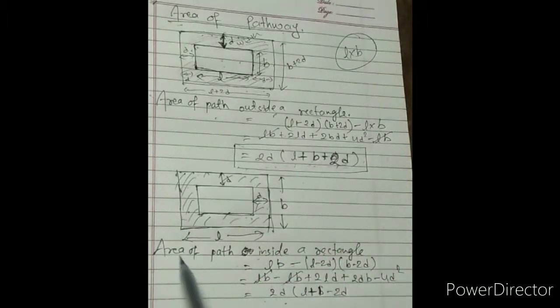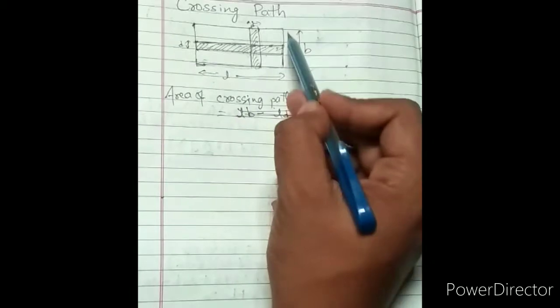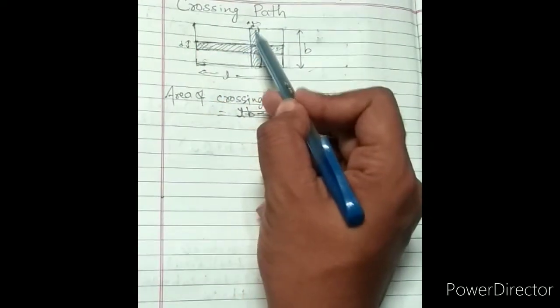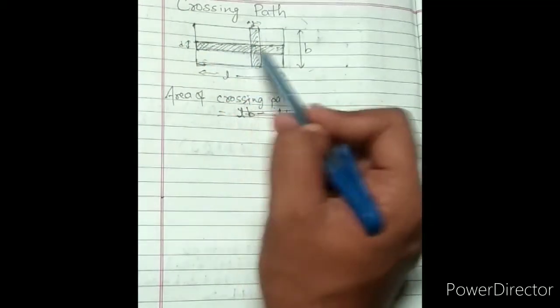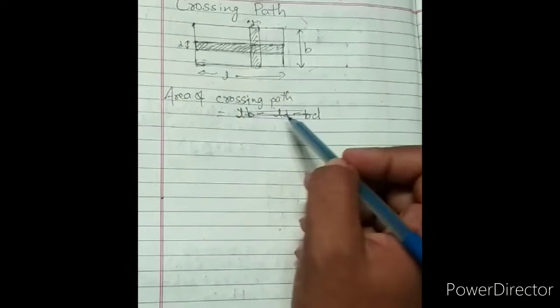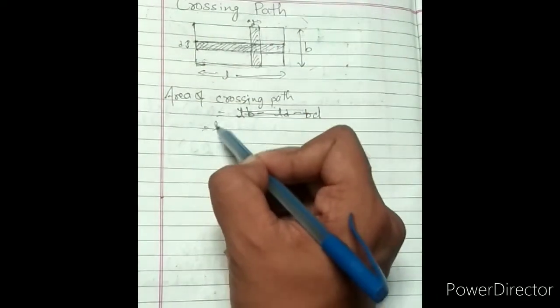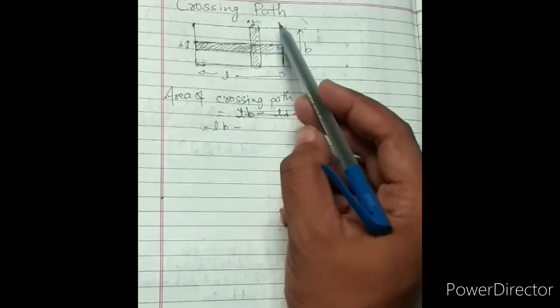Plus is here, and inside L plus B minus 2D. Okay, length is L, breadth is B, and the width of the path is D. Now you have to find the area of this path. So what to do? Total area is L into B minus, we have to subtract